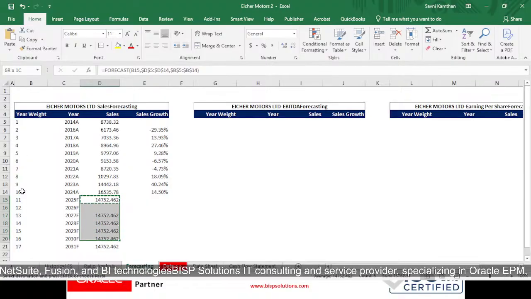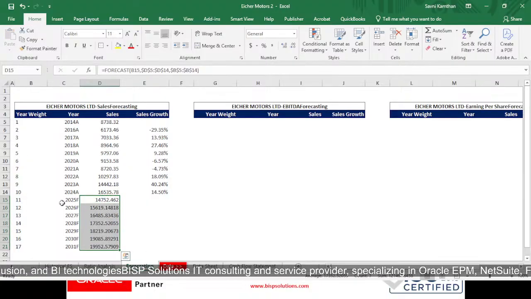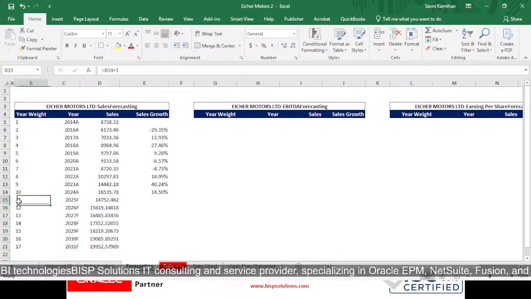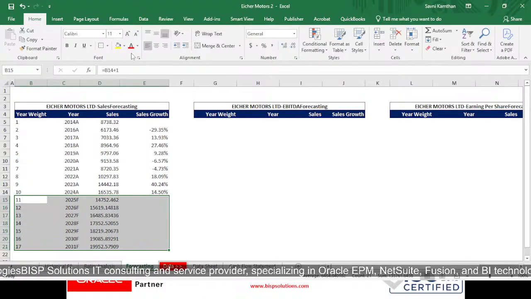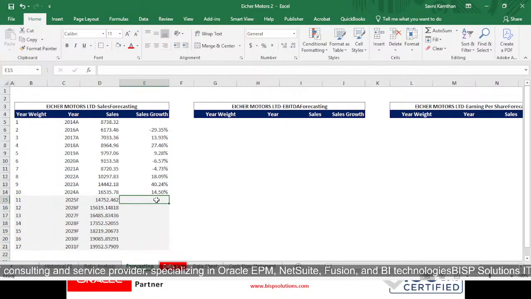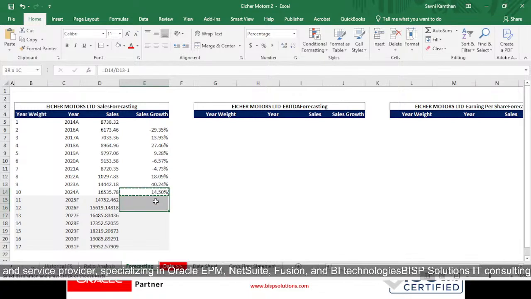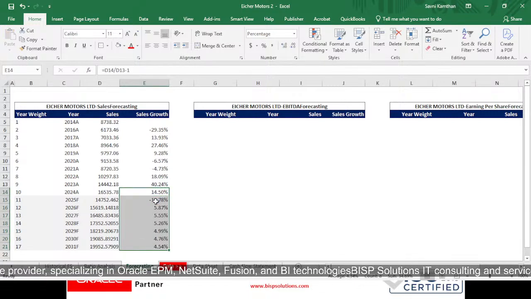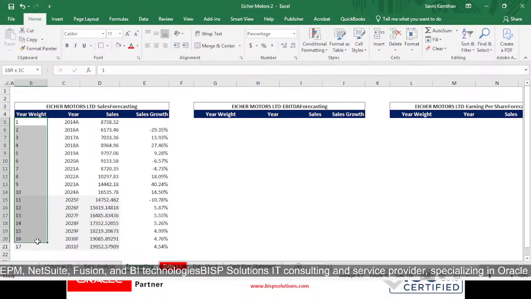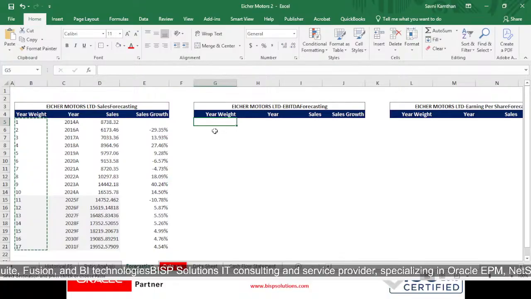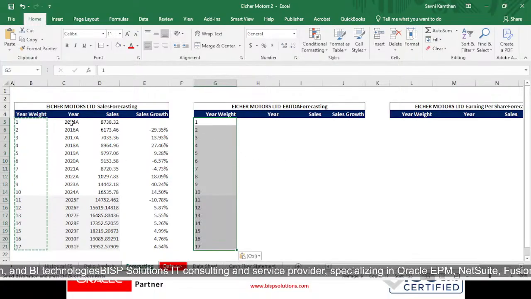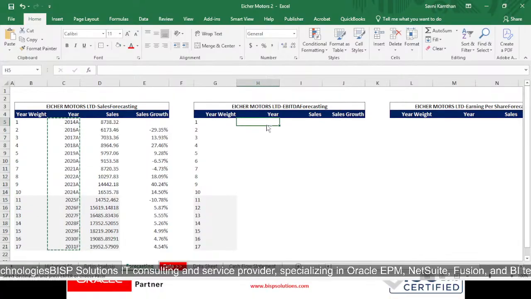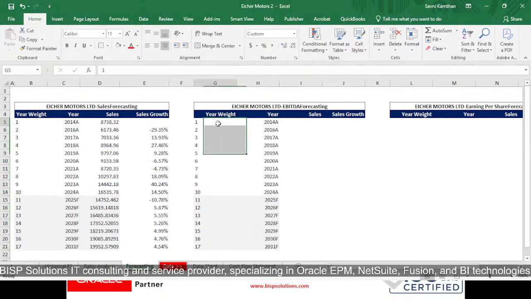Control plus C and dragging it till the end. So now it will be showing us forecasted data. So for the same, what we will be doing, I will be highlighting the forecasting or the calculated one, and the same formula will be dragged till the end. So we have to calculate only once, then we can calculate it for other data also. So over here I am also taking this, and the same thing I will be taking over here, and